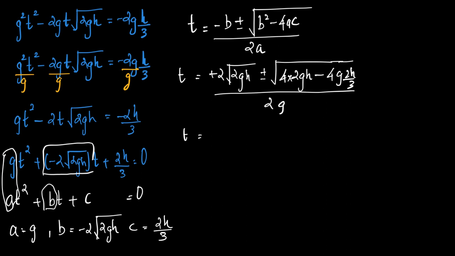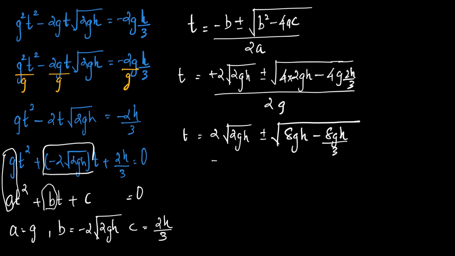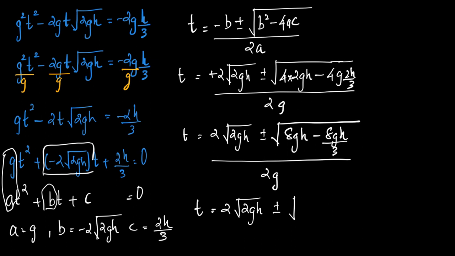So t is equal to 2 into root of 2gh plus or minus root of 4 into 2 is 8gh minus 4 into 2 is 8gh by 3, so this is 8gh by 3, the whole upon 2g, right? Now t will be equal to 2 into root of 2gh plus or minus root of